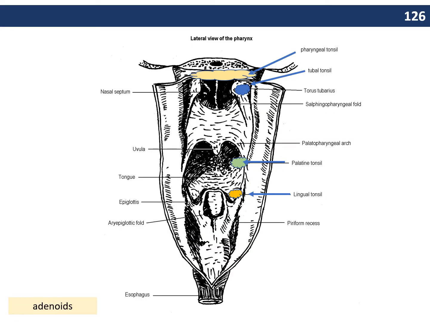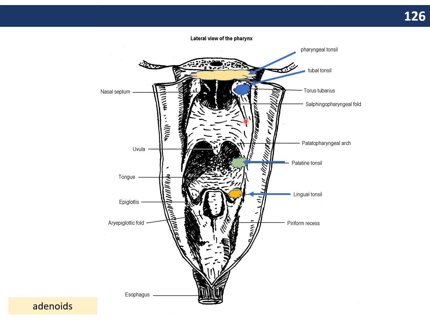Now in this image, this is a posterior to anterior view again of the pharynx, but this time the pharynx has been opened up so that what you're looking at is the mucosal surface of the inside of the pharynx. And from there, you can view the nasal cavity, the oral cavity, and then the opening to the larynx, here deep to the epiglottis. And so in this view, you can appreciate